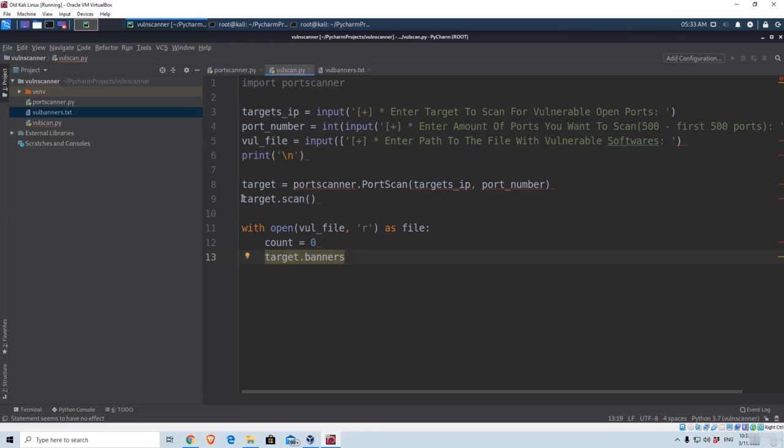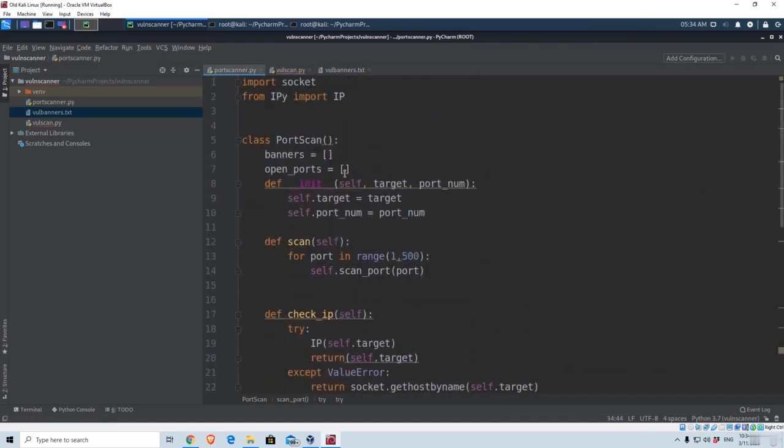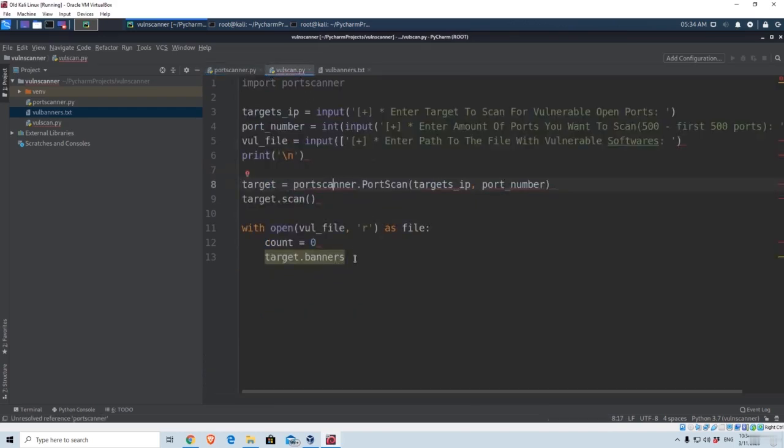Well, since we created this object right here, this object, besides these two variables, also has these two variables right here, or these two lists, should I say. So we can also access them as well if we want to, using our object. So target banners, and what we want to do with that is we want to iterate over it. So for banner in target.banners,